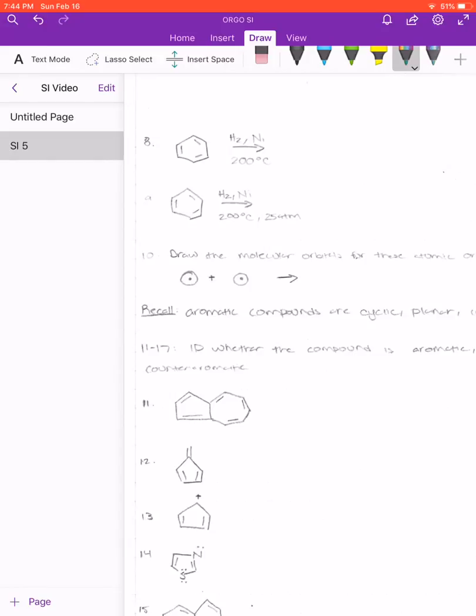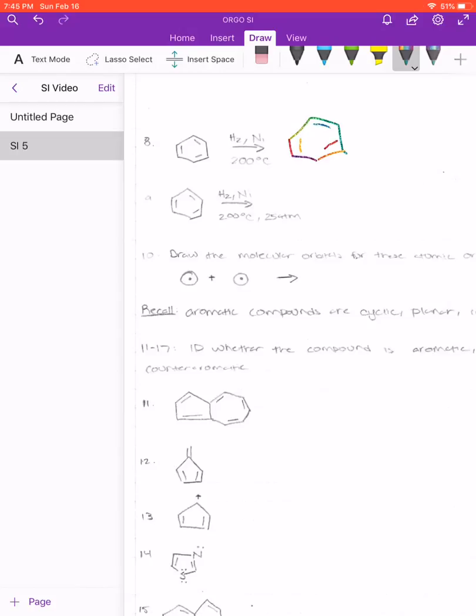Right, so now we can do reactions 8 and 9. And so for 8 and 9, we're just trying to see what the difference is between these reactions, because they're fundamentally the same reaction, right? You have your benzene ring, and then you have your hydrogen with your nickel catalyst. But for number 8, you only have a very high temperature, and you don't actually have a very high pressure. So for number 8, you would get this molecule,